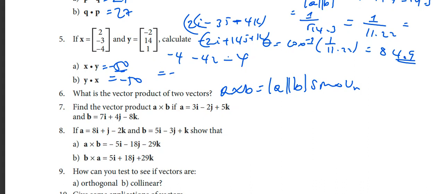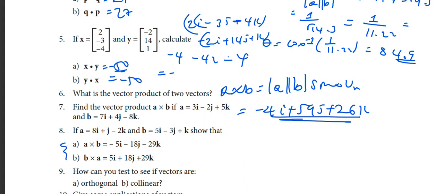Number 7, ይሄ ተሰጥቷል find dot product of this። ይሄኛው በክሮስ ፕሮዳክት መስራት እንችላለን፣ ይሄ ባለፈው የሰራነው መንገድ ቼክ ማድረግ ትችላላችሁ። መጨረሻ ላይ የምታገኙት negative 4i plus 59j plus 26k ይመጣል ማለት ነው። Question number 8, if a is this much b is this much, show that ይሄን መምጣቱን ቼክ አድርጉ ይላል፣ ያው በማትሪክስ ፎርሙላ ሁለቱን መስራት እንችላለን ማለት ነው።